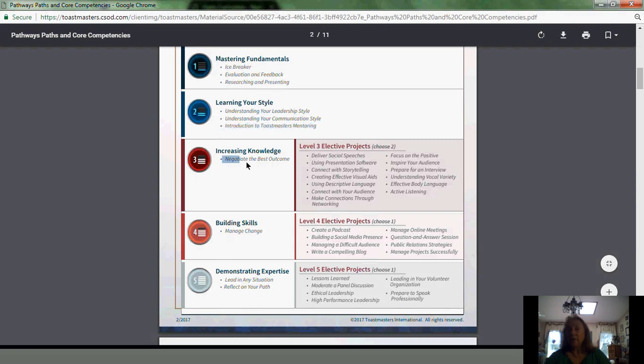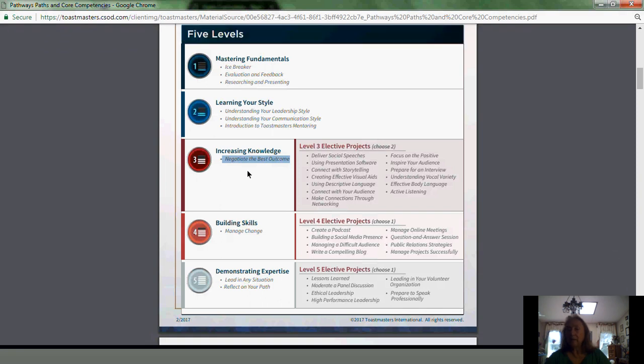Then, when you get to level 3, there's one required project in dynamic leadership, and that's negotiating your best outcome. Then you have 2 more projects that are in themselves electives, and you can look at each one of these. I know it's kind of difficult.